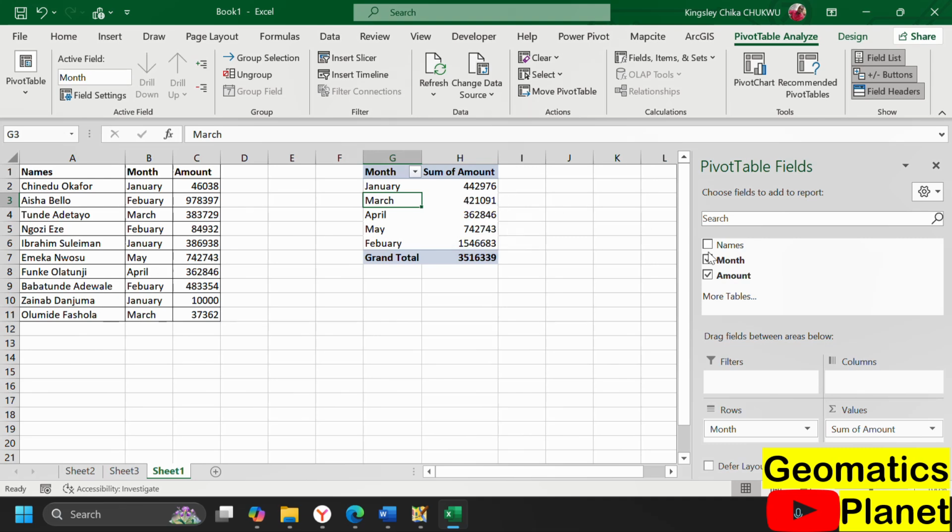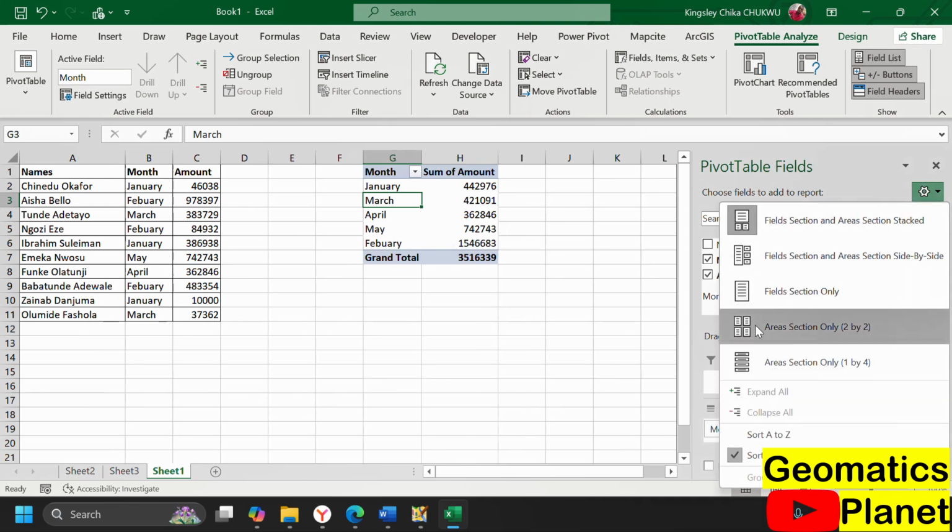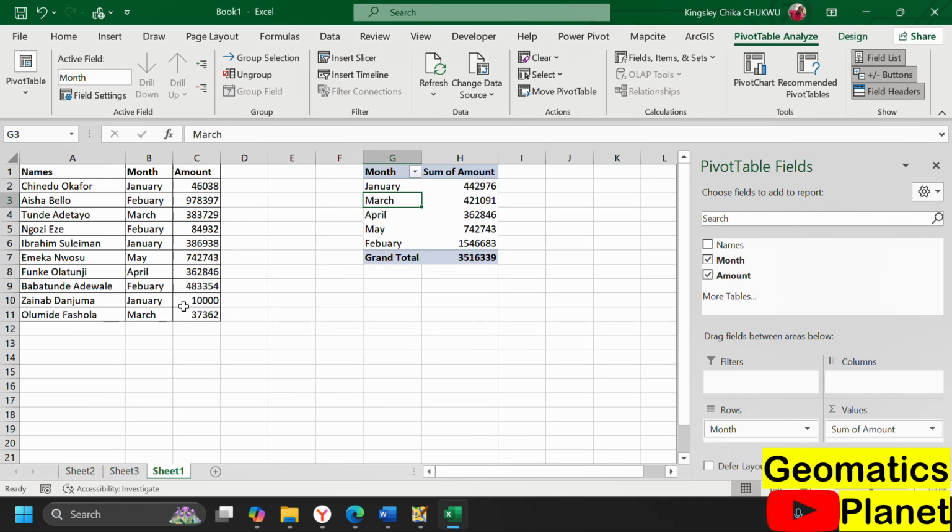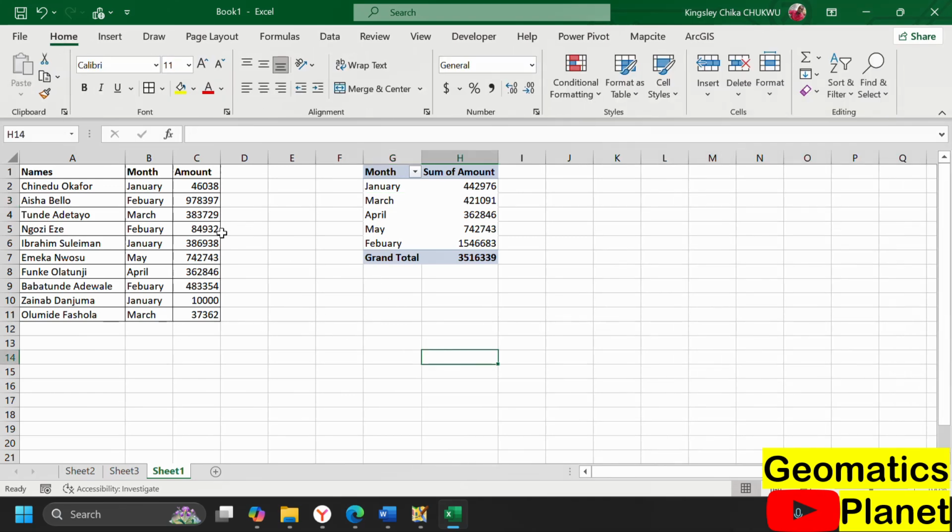So this is a way you can actually do the pivot table. There are other settings you can do here if you want to, but this is just the fastest way to get it done. If you have any questions, you can go ahead and ask me, or else we can move on to